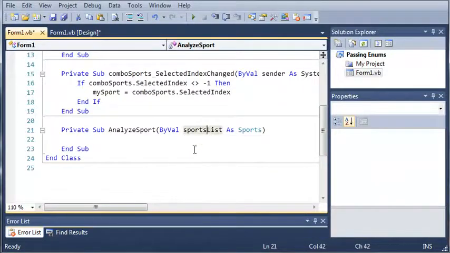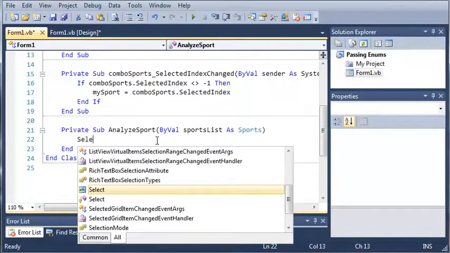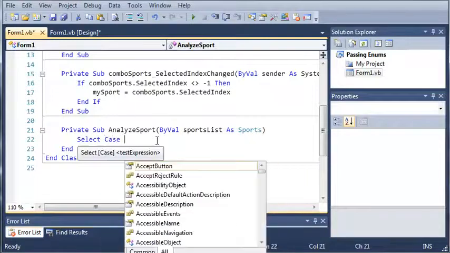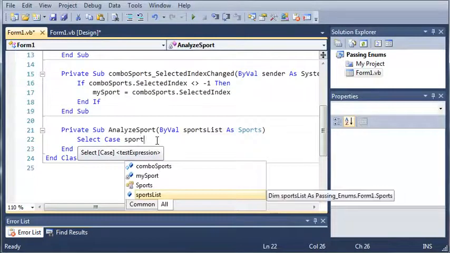So basically we're passing an object of the sports data type, which is an enumeration. Now we're just going to use a select case statement. So select case, and we're going to go through